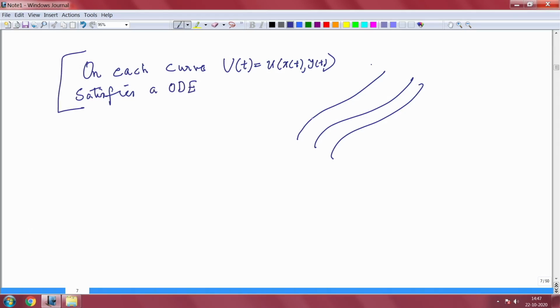If you have your curve here and you know the value of u at one point, because it is a first order ODE, then along each curve it can be solved. The curves are introduced in such a way that when your PDE is restricted to that curve, it becomes an ODE. That can be solved if you know the value of u. So you have to know what we call an initial curve. If you have a curve which intersects your characteristic curves, which we call an initial curve,